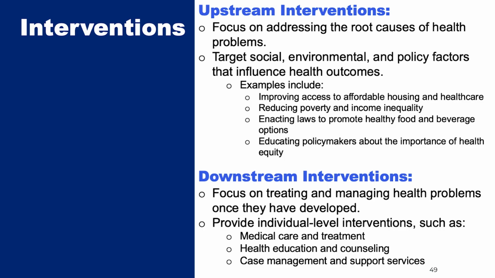Downstream interventions include focusing on treating and managing healthcare problems once they have developed. So, for example, here at Downstate, we have a diabetes support group and make spaces available to help educate people with chronic ailments so that they can manage them and hopefully reduce multimorbidity. Individual-level interventions include Medicaid, medical care and treatment, health education and counseling, and case management and support